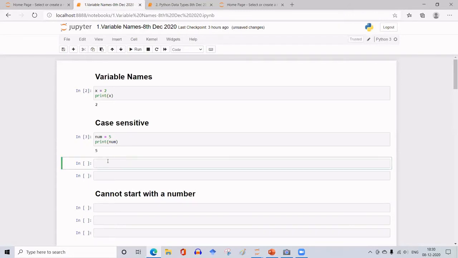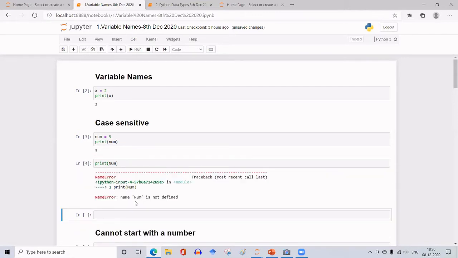Suppose if I print Num with capital N in the beginning, then what happens? It will give an error, which is a name error, indicating that name Num is not defined. Here, this Num is different from the num that I wrote in this cell with all small letters. Okay, so it is case sensitive.